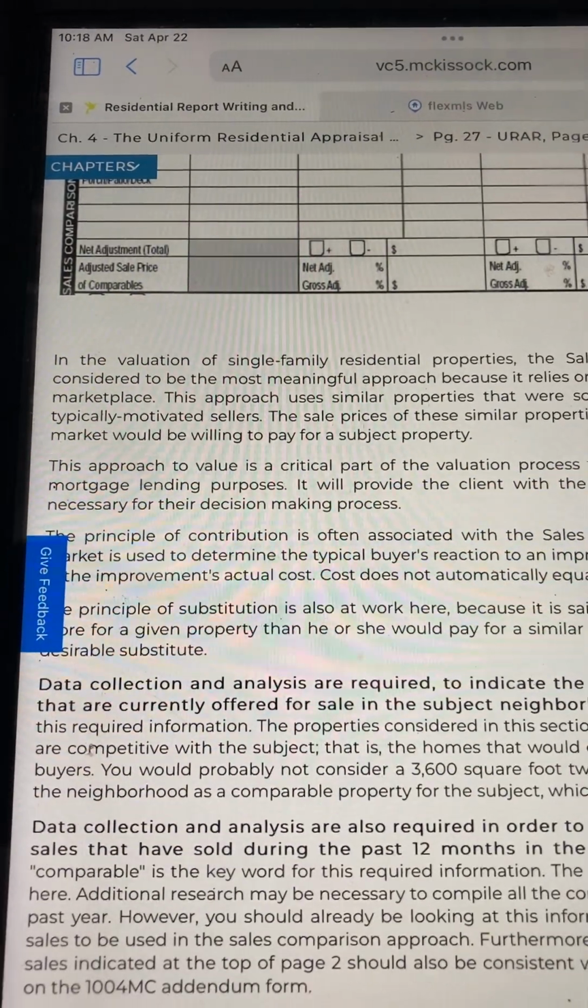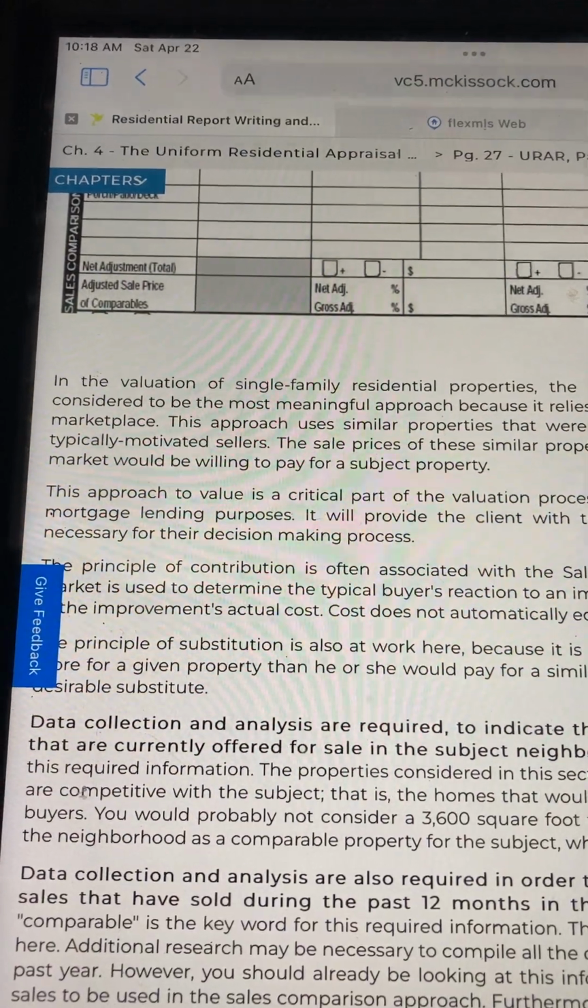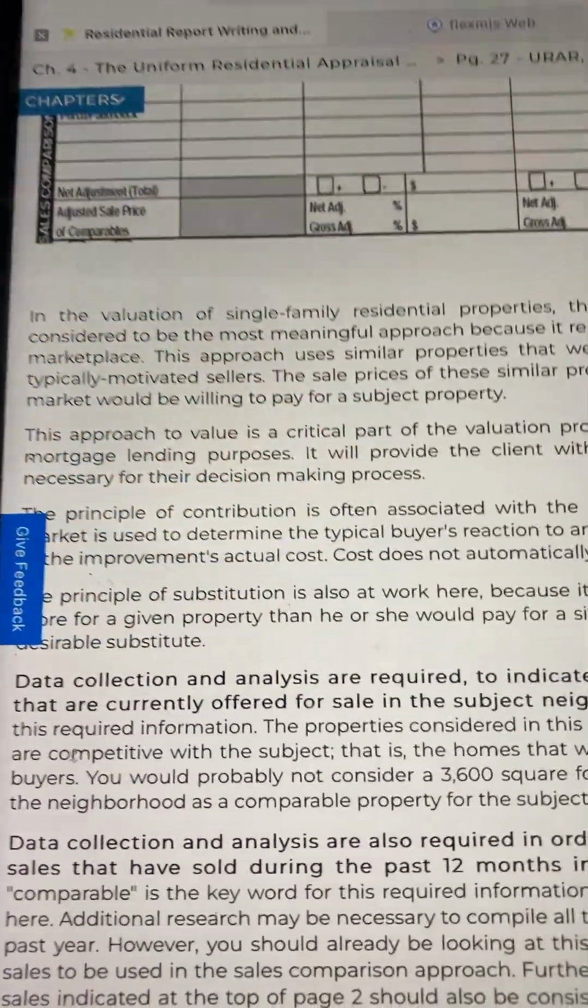Residential report writing and case studies, page 27, URAR, page 2, sales comparison analysis, continued. Picking up at